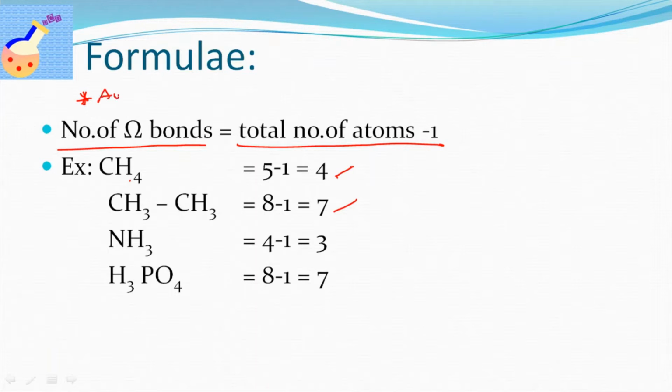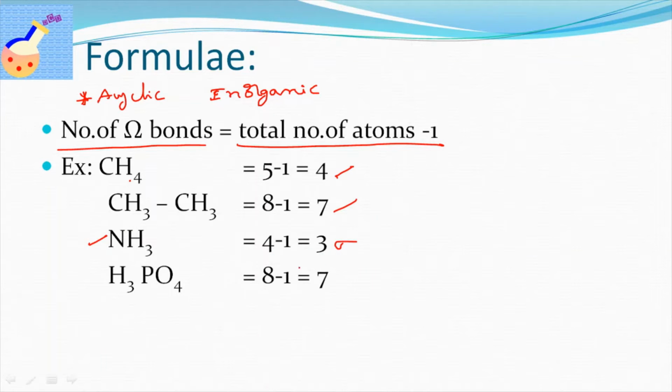First one is this formula is applicable for acyclic compounds as well as inorganic molecules. So this formula is applicable for organic as well as inorganic, but in case of organic, it is applicable for acyclic compounds. In case benzene is given, that is different. So we can use another formula for that. Coming to our inorganic examples, that is ammonia, it has 4 atoms, so minus 1 is equal to